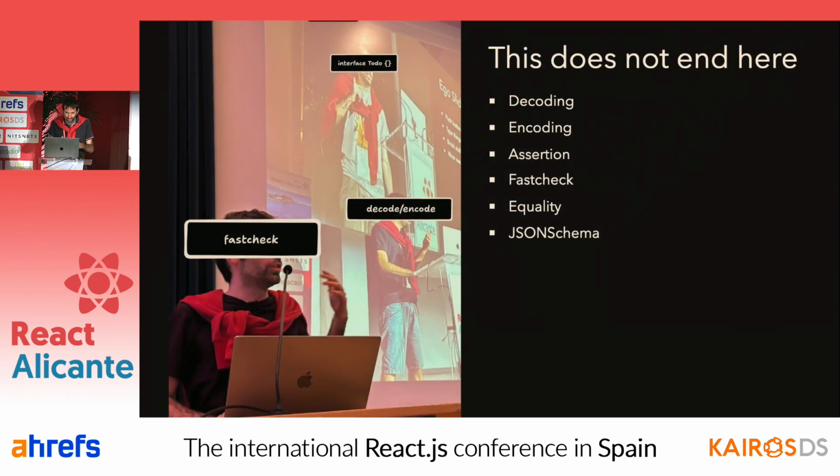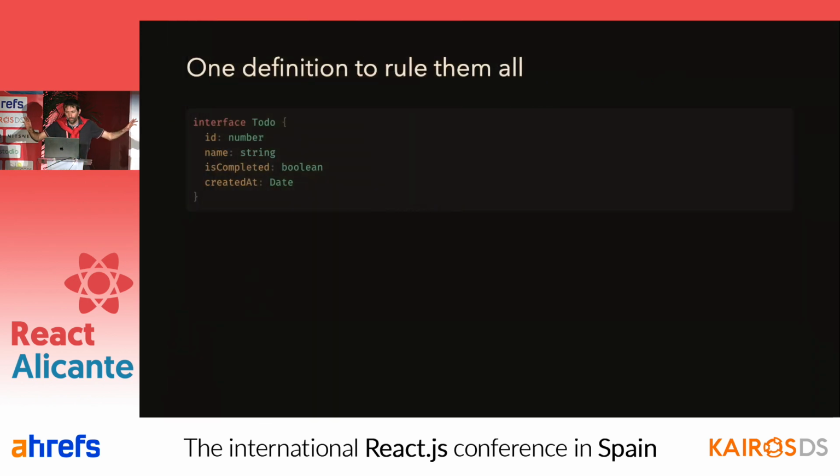But now we are basically stuck in a loop, because in order to ensure that we are doing encoding correctly, we need information about, again, how our data is structured, because our fast-check library needs information about how it is structured to produce random values. So I think this is kind of a mess. It's a recursion problem. So maybe there is a better way to solve this problem rather than repeating ourselves three, four more times, because there are also many other related problems. So let's go back to the drawing board, okay?